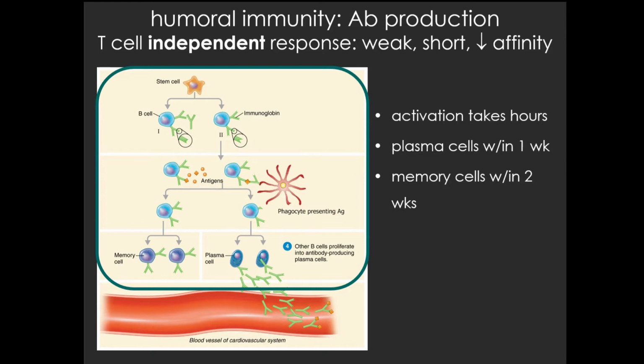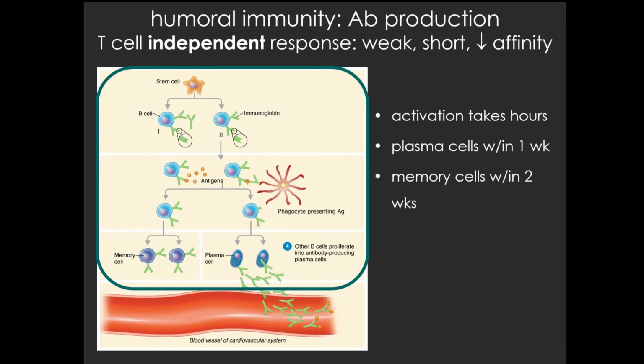Now, that doesn't mean that it's a garbage response. Obviously, it functions, but in comparison, we're going to be talking later about T cell dependent responses, and that's where the comparison comes in. Those are strong, long-lived, and have a much better affinity for antigen than the T cell